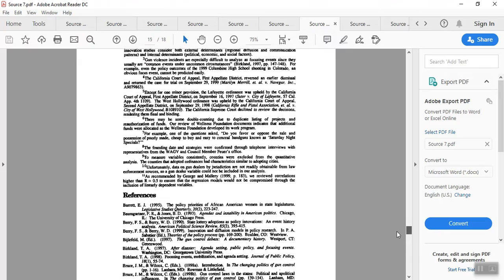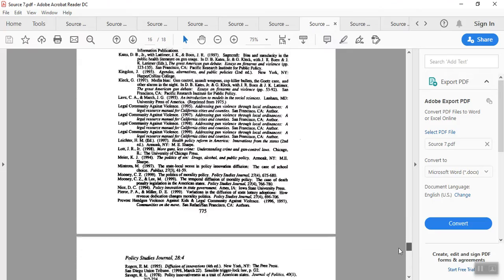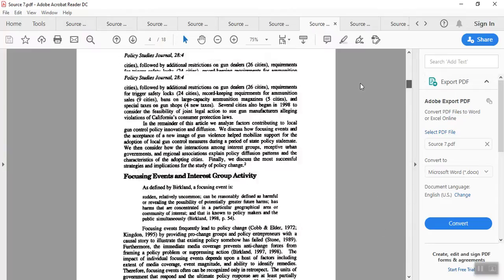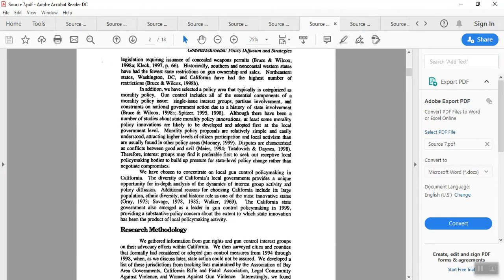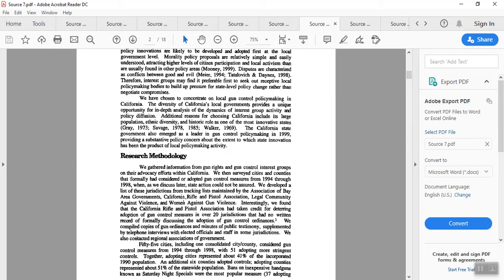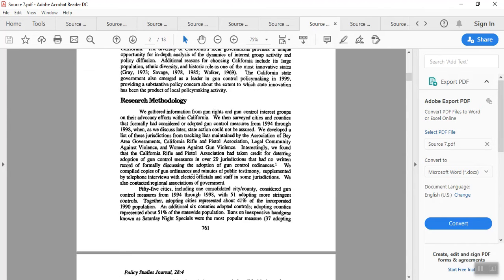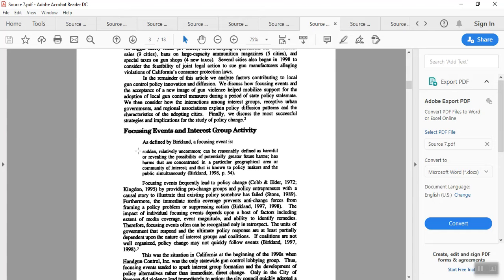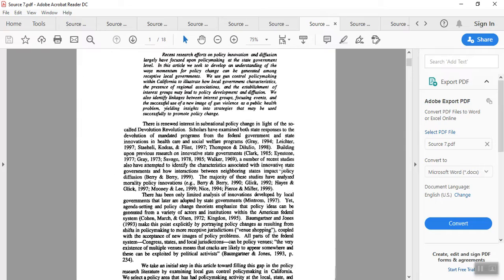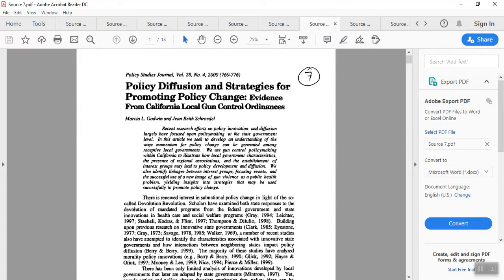So this is a scholarly source, long, full of information, full of data tables and charts. Look at the references and the notes at the end. Huge, right? Scholarly source. And this one is probably a secondary source, generally speaking, because it looks like it's surveying. Well, actually, let me back that up. It's got a research methodology, which suggests that it's looking very carefully at something directly. But my guess upon a skim is that it is analyzing other studies and the history of other studies. So this would probably make it a secondary source, a scholarly secondary source,